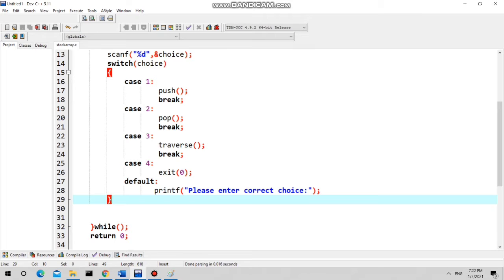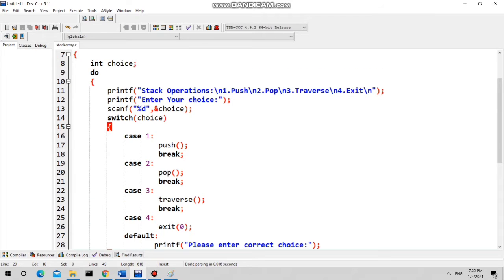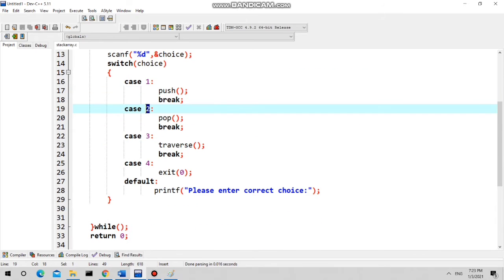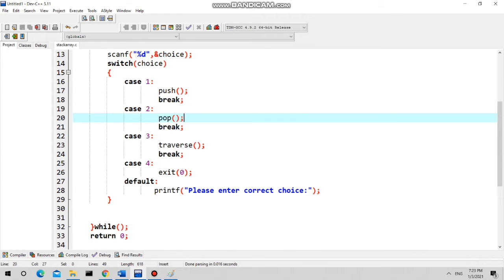So this is the switch case. See what we have done. We have displayed the menus to the user. 1 is for push, 2 is for pop, 3 is for traverse, 4 is for exit, and based on his choice we are matching that choice against the case constant. If the user entered 1, then he is interested in the push operation. If he entered 2, then he is interested in the pop operation.